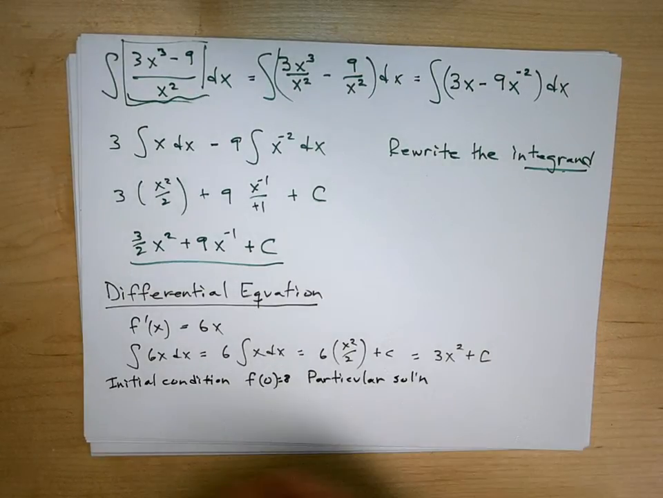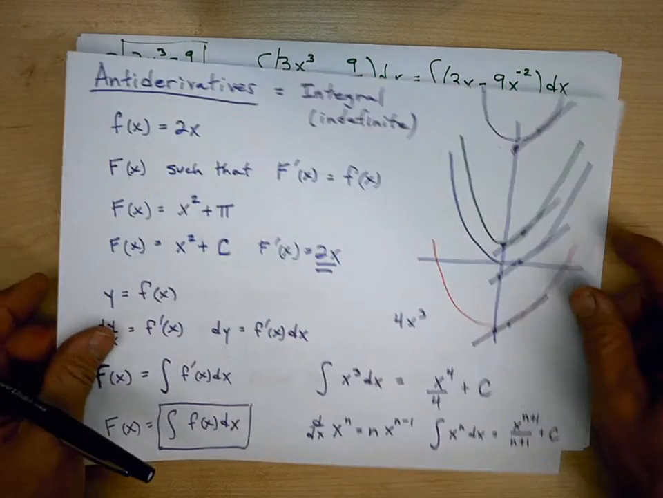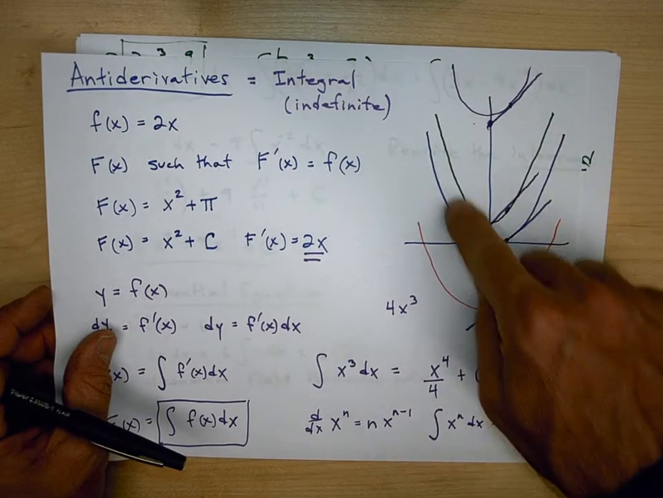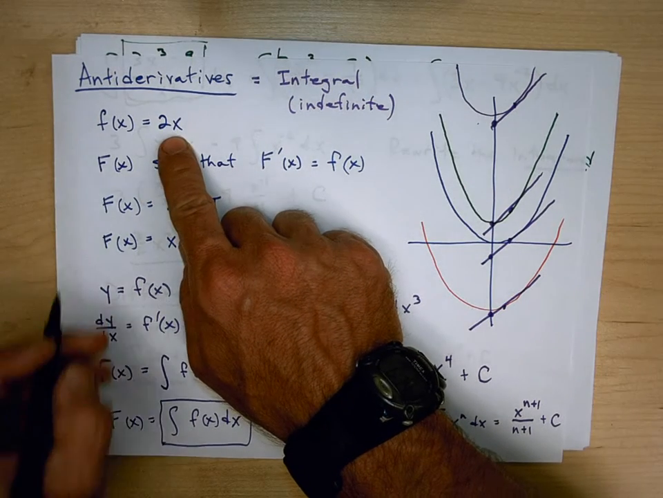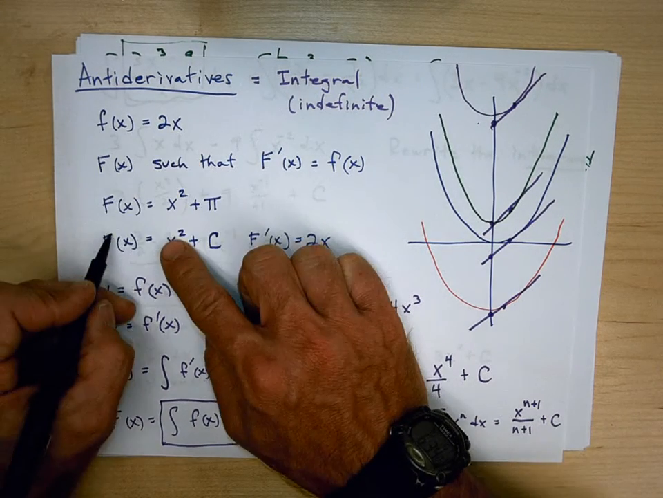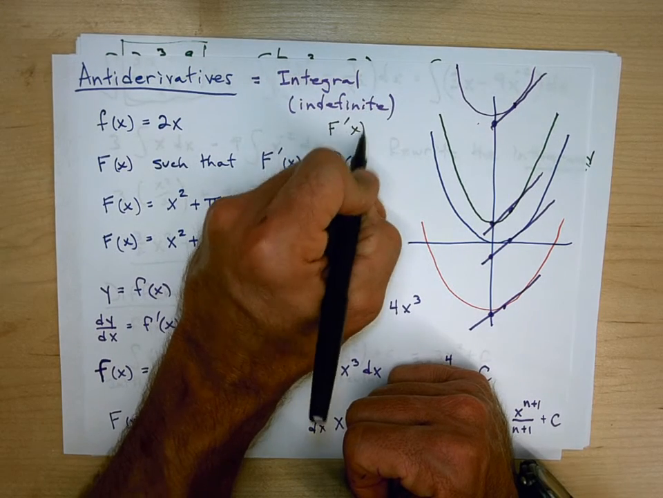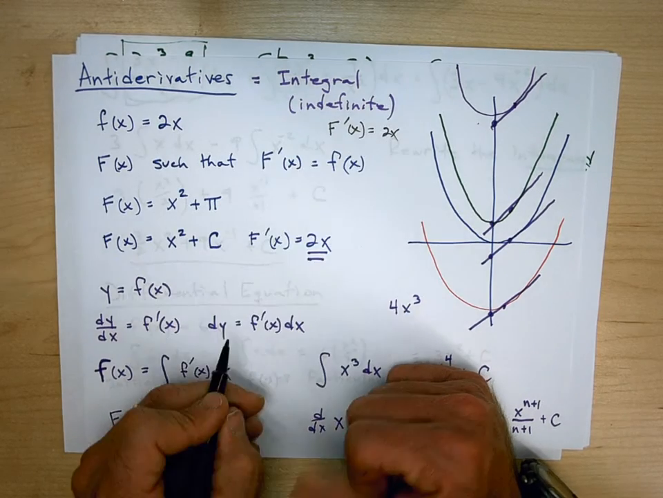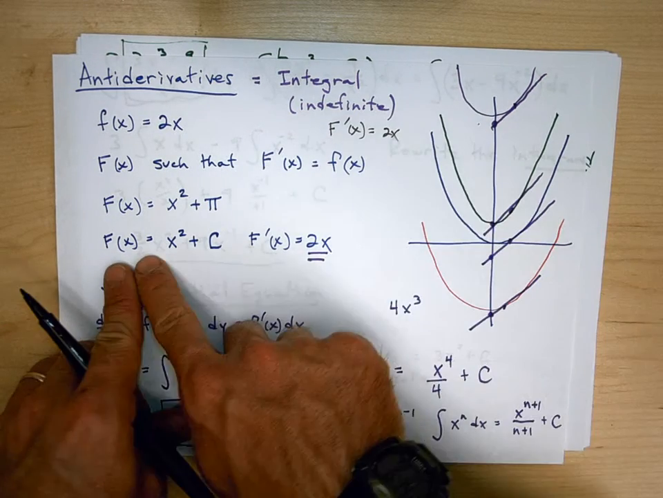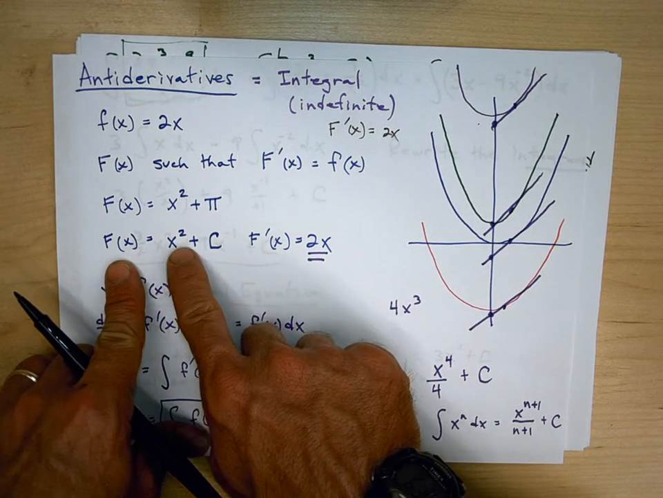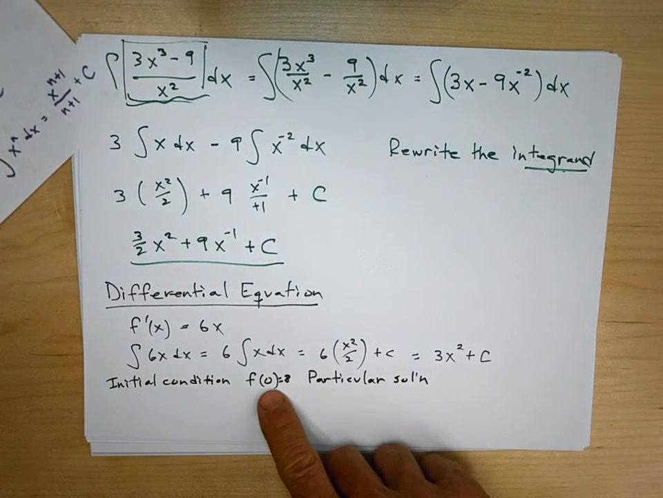Well, if we go back to this little graph that I drew at the beginning, these are all solutions to our differential equation here, f prime of x equals 2x. So that means that the general solution would be f of x equals x squared plus c. But if they give us an initial condition, in other words, what we're saying here is that the point (0, 8)